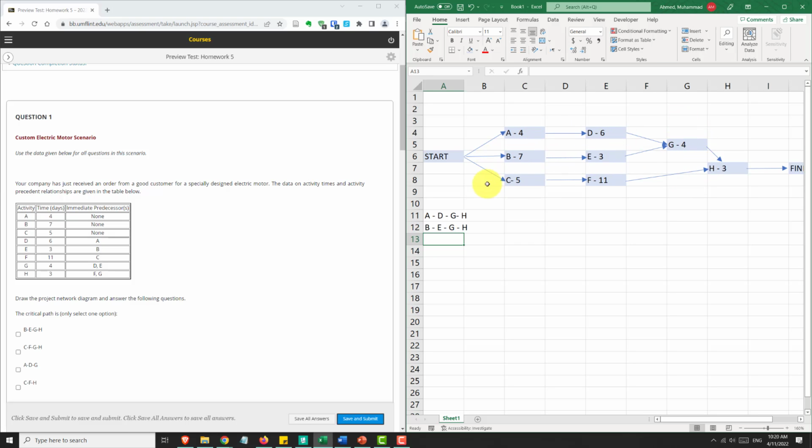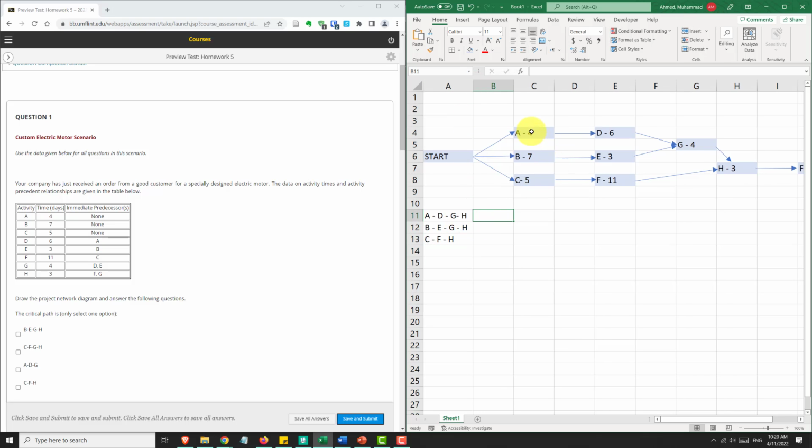And another path we can do is C, F, H. Okay. Let's see if there's any other path. C, F, H is done. A, D, G, H is done. B, E, G, H is done. So these are our 3 paths possible. Now to find how long each path takes, you have to add the time of the activities